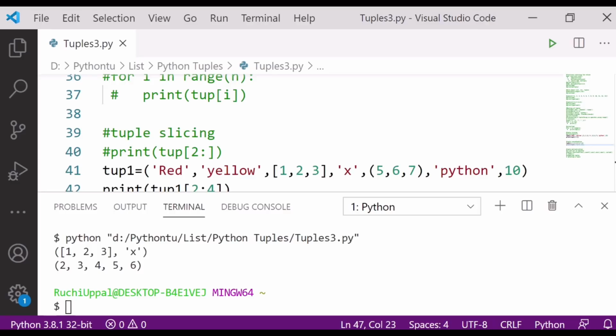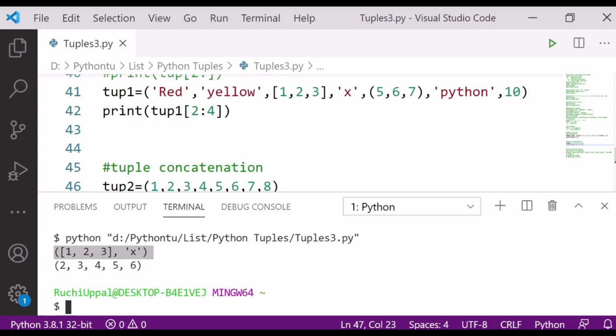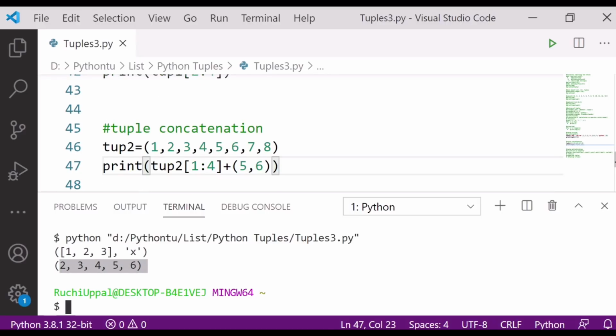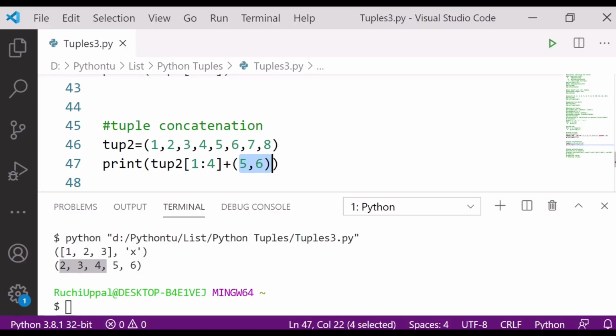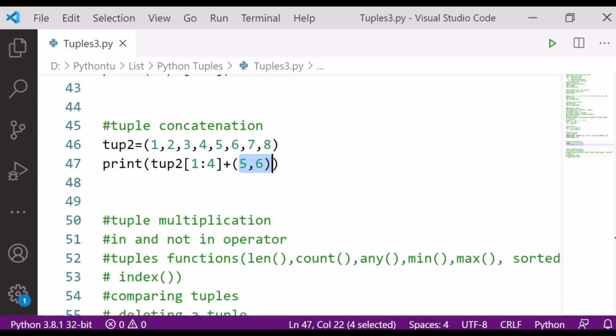Okay, great. You can see here I am having this, that is my previous output. This is my list, 2, 3, 4, 5, 6. So it is simply joining. I told it 1 to 4, so that means 0, here 1, 2, 3. So it is combining 2, 3, 4 with 5 and 6. So here I have done the concatenation. This is how we can join things with another one, and we can have the simple tuple with us. Multiplication also we have done.